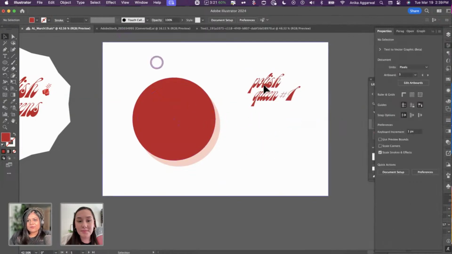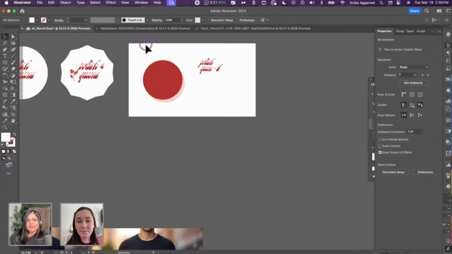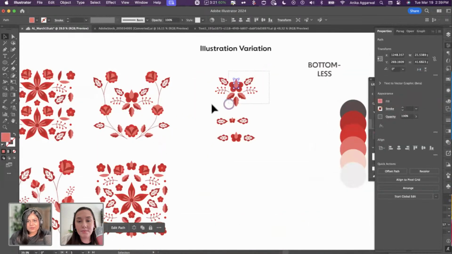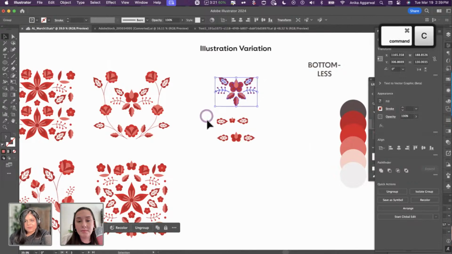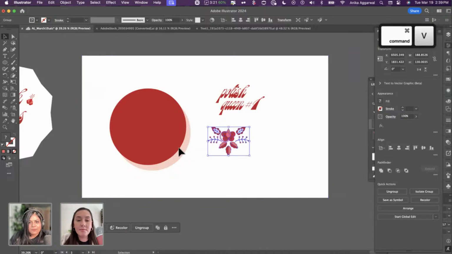So I think this is a cool example of a quick slide deck template that you can use. And again, with these floral elements, now that we have that here, maybe I want to use this variation that I made. Sorry, I didn't mean to do that. I'm going to group this, copy this, and then paste this here. So maybe I can bring this up top.